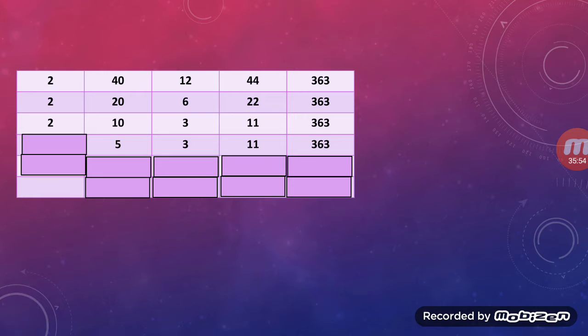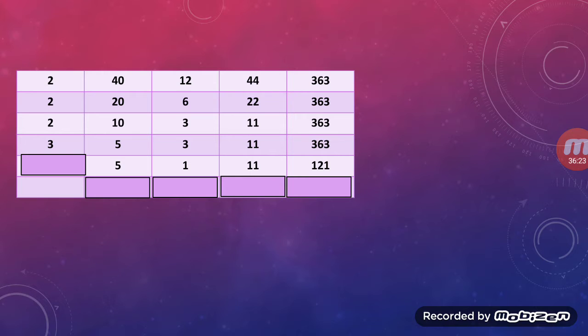Now 311 and 363 remain the same because they don't divide by 2, either because they're non-divisible or because they're already prime, such as 311, such as 3 and 11, as well as 5. Now once again, 2 is no longer usable, so we're going to increase to 3. So then 5 remains the same, 3 turns into 1, 11 remains the same, and 363 will now break down